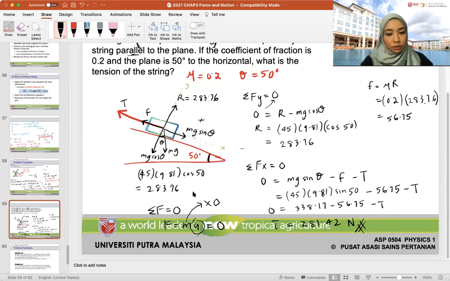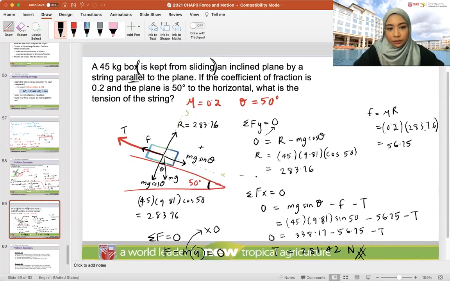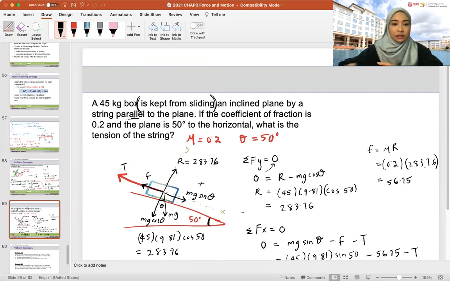Doktor, kenapa Fx equals to 0? Okay, kita boleh cerita pasal ni. Any other questions selain question Afifah ni? That's a good question. Kalau tak faham boleh tanya. Okay, so just that question. Alright, so Afifah is asking kenapa net in the x is equal to 0? Okay, so kalau nak tengok soalan ni,